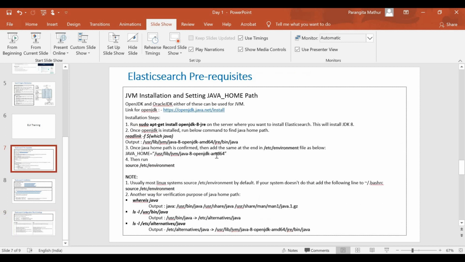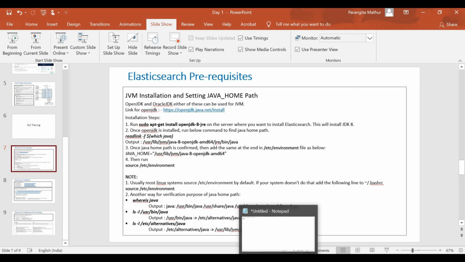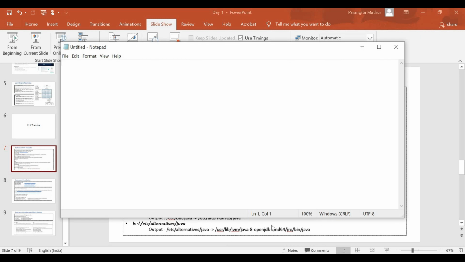My first topic is Elasticsearch prerequisites. There are not too many prerequisites that need to be taken into consideration, but there are a few which are quite important. My first prerequisite, or you can say essential part, is that Elasticsearch should be installed with some different user ID apart from root. Elasticsearch never runs if you place it under root, and if you start its service with root, it will never allow you to run that service.